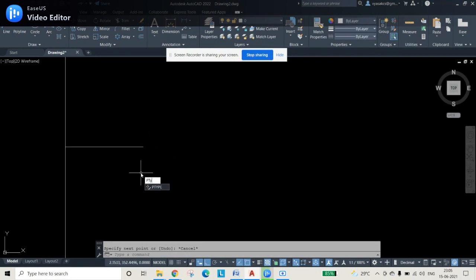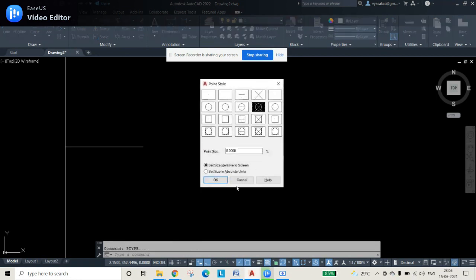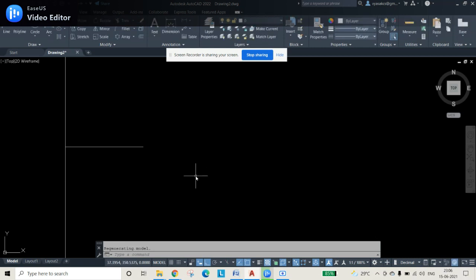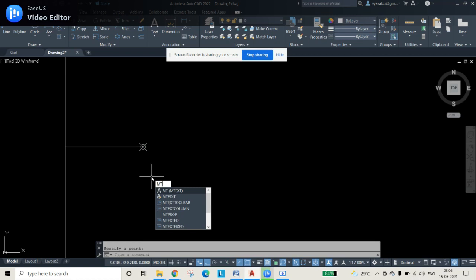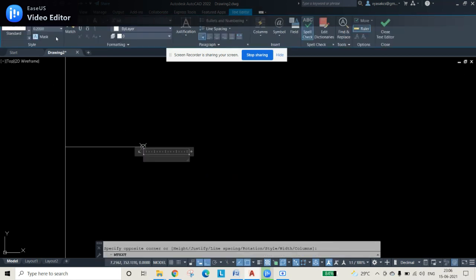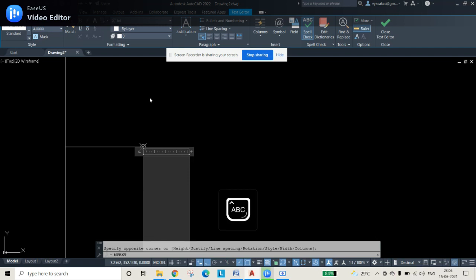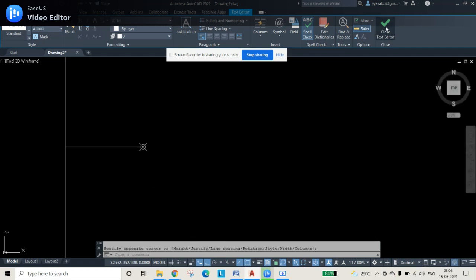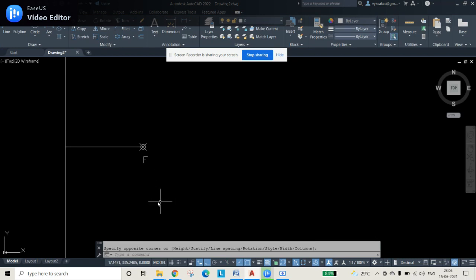Therefore, PT by PE. I am using PT type command and press enter, and I am changing this to some shape. This one I am selecting and press OK, and I am selecting a point. This is my point and let me give the name. So multi-text I am using MT command, and here I am selecting it with some size of some 4 and press enter, and I am giving it as F, capital F. I'll give it capital F and press tick mark. So this is my focus point.